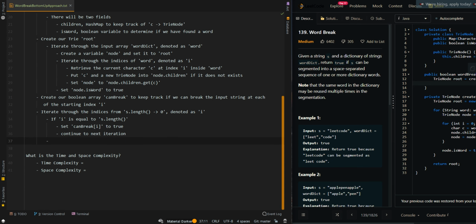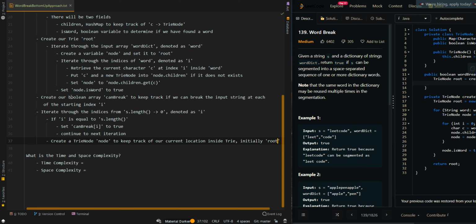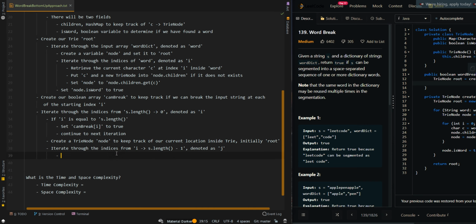And then in each loop, we're going to create a TrieNode to keep track of our current location inside the trie. Initially it will be equal to the root that we have created before. This is the root of our trie. Then we're going to iterate through the indices from i to the end of the input string, s.length - 1, denoted as j. And then we're going to retrieve the character at index j,